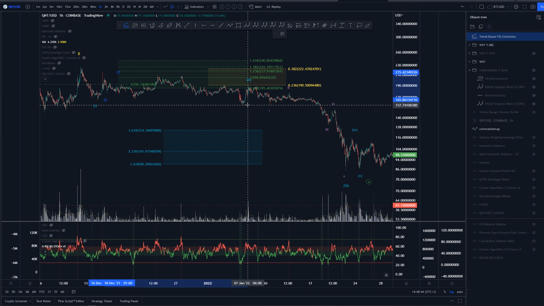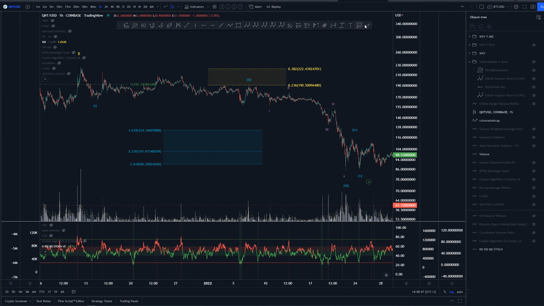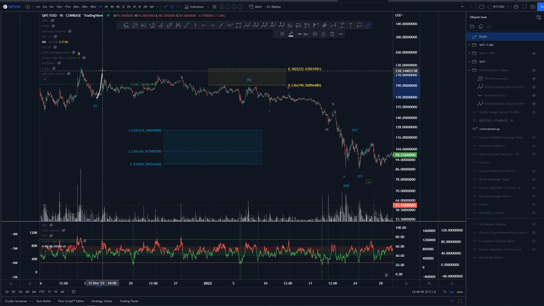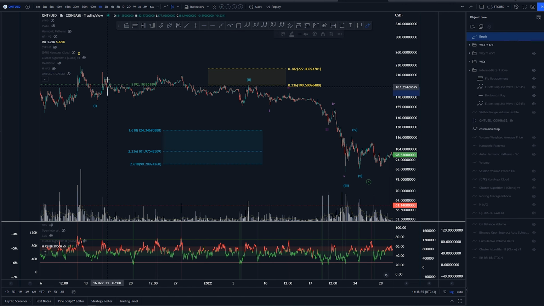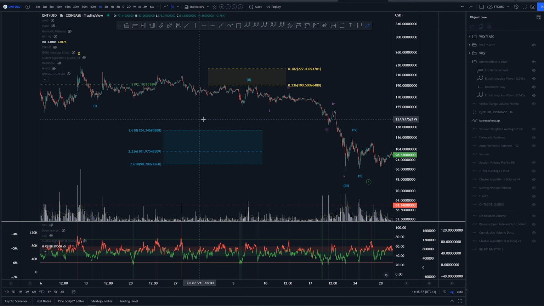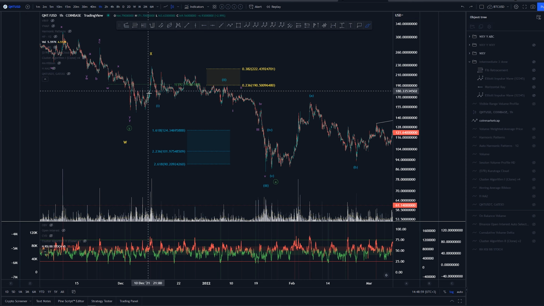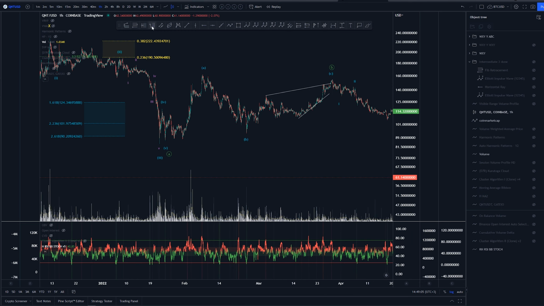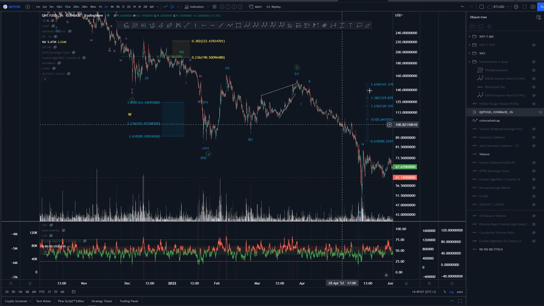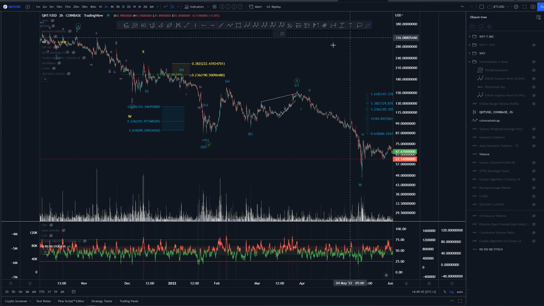Yeah, basically even if we are starting it with this structure here as the first leg, then this whole structure in the middle is the second structure, and then this is the third that is actually connecting to this. Of course, this has nothing to go for it within the time period, but again, this is just one possibility that could happen. Now, if we are indeed labeling this as the 5-wave structure, we can label this as an